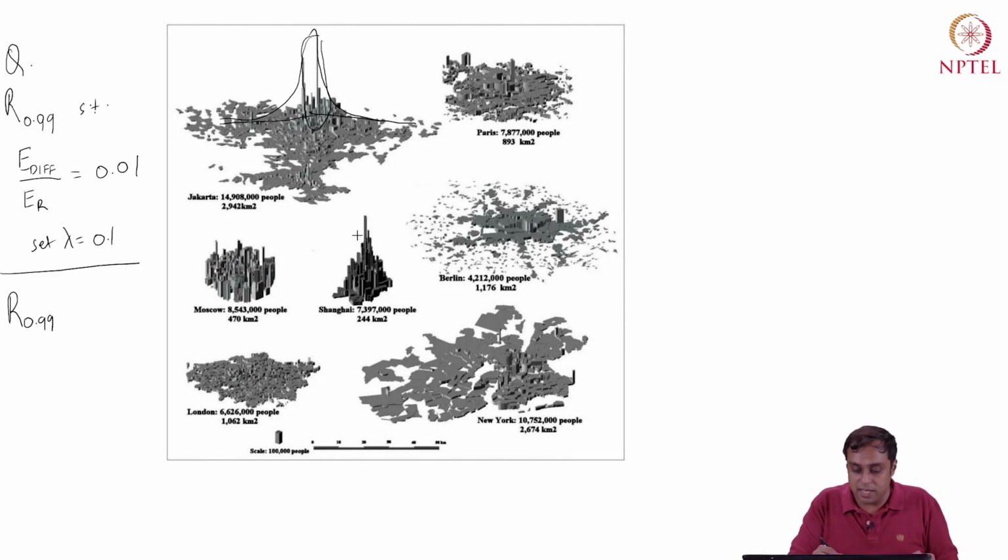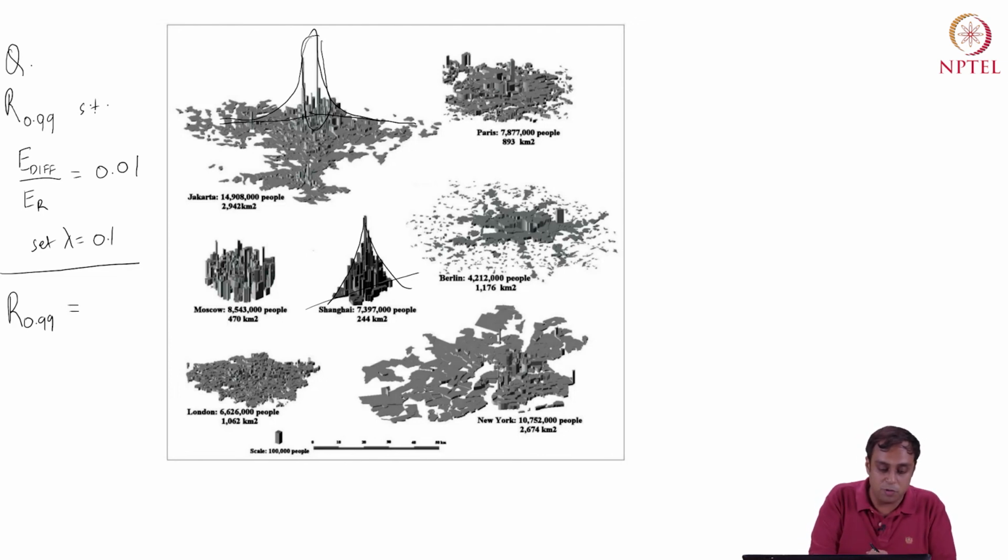So you see a similar shape for Shanghai. Of course, the axis along which you want to analyze these things can be different. But the model that we are studying here can be useful to understand or characterize the spatial spread of real-world cities. Coming back to the question, the value of R 0.99, if you wanted to capture 99% entropy, which I had set for you a minute ago,